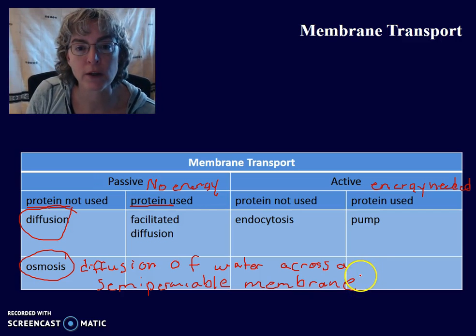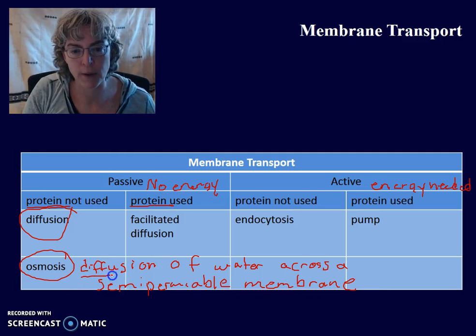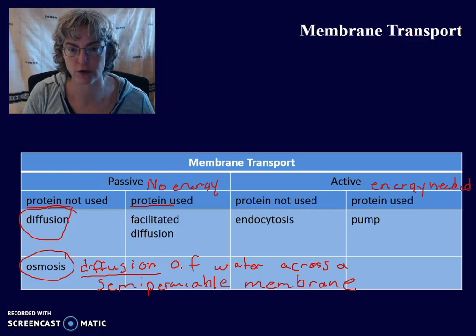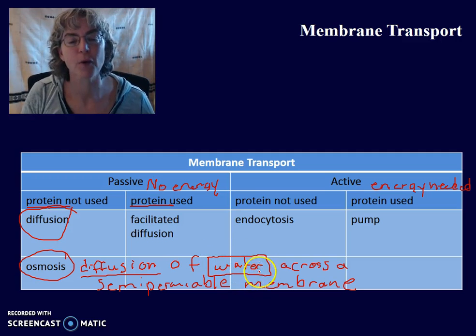Okay, so according to the concentration gradient, just like diffusion, we talked about diffusion before and how a solute will go, in diffusion, from an area of high concentration to an area of low concentration. In this case, though, in osmosis, we're talking about water. Instead of the movement of solutes, we're talking about the movement